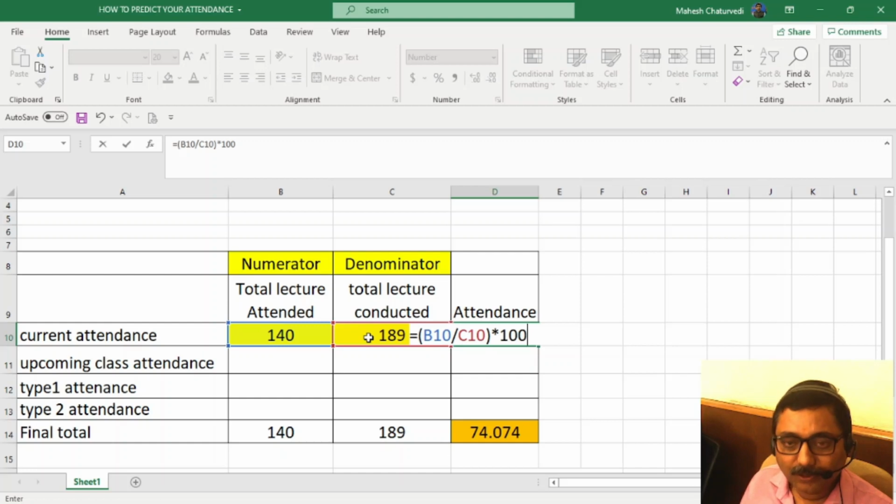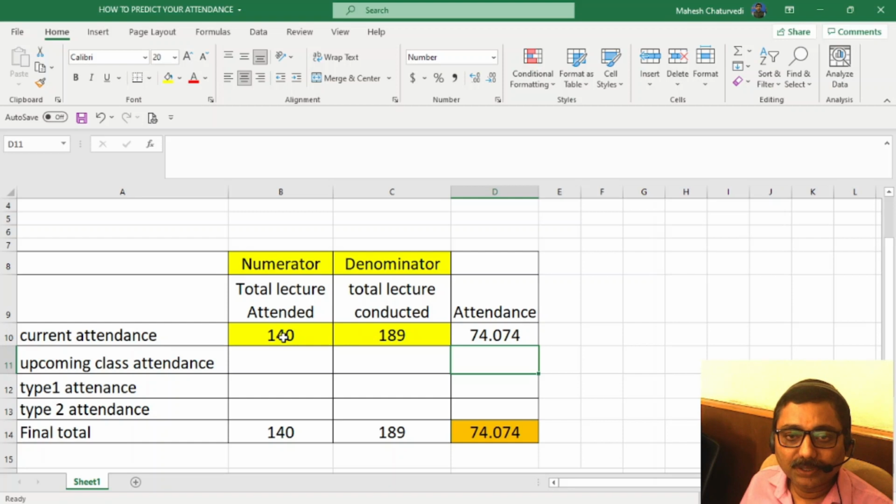Your formula for attendance is ready. Now you can add any number of attended and conducted lectures, and based on that my system will predict the attendance.